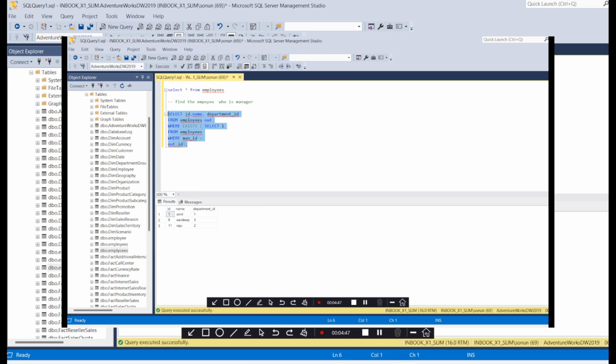Let's see the result. Yes, we have only these three values, so I can say Amit, Sandeep and Raju are the managers. So actually this problem we can solve in very